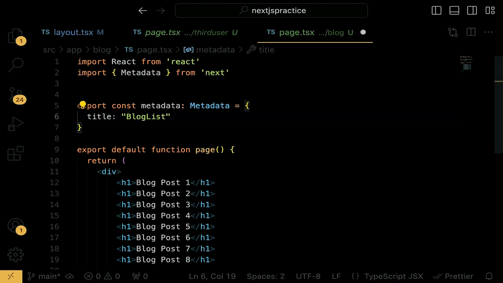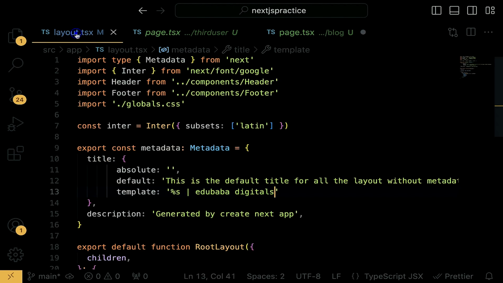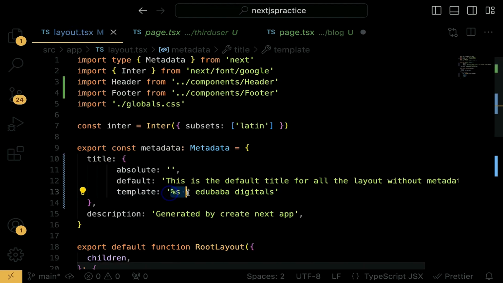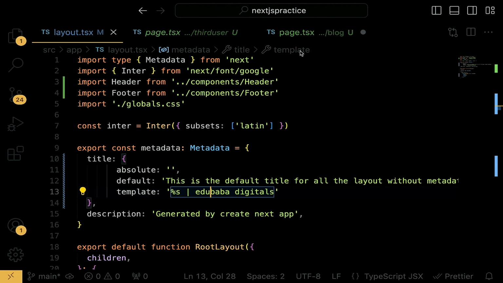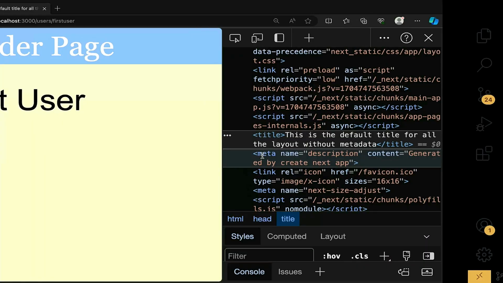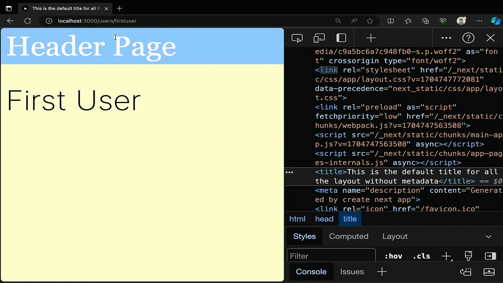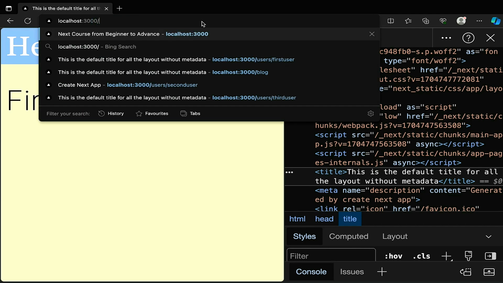So the idea is simple. We want to use this Blog List over here to replace, let me show you, this. Okay, so on the browser, you're going to see Blog List / Edubaba Digital. You save. Let's check out the browser. Localhost:3000